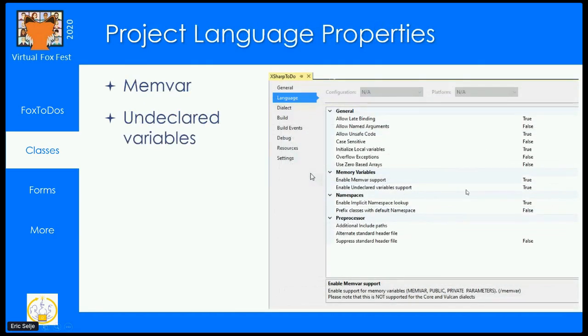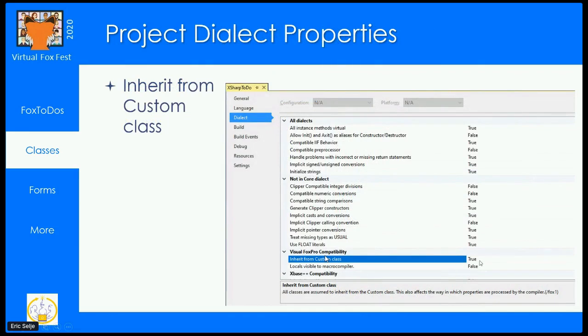Also under language, by choosing the FoxPro template, we get a couple of settings here that we want, which is to enable member support and undeclared variables, which you can see down here exactly what they do, but it makes it behave like FoxPro behaves and not like other languages behave. And also, and this is actually kind of a big one, it sets this inherit from custom class to true. That makes your classes behave like FoxPro classes rather than .NET classes. It gives them an init and a destroy function, which wasn't really a thing in .NET. And it also creates virtual access and assign methods for our properties. We'll talk about that